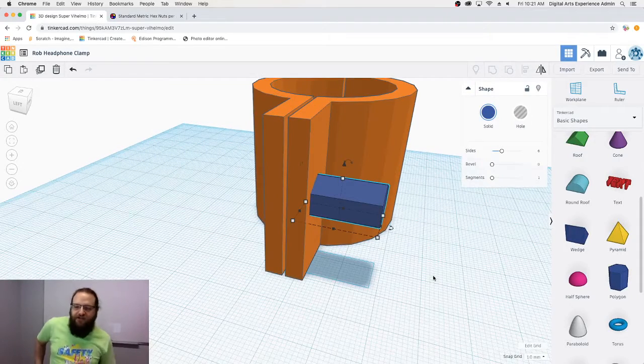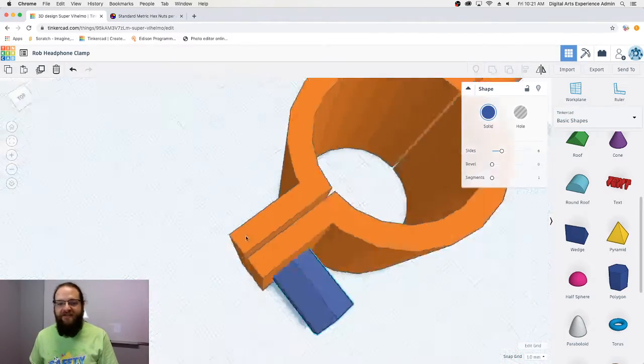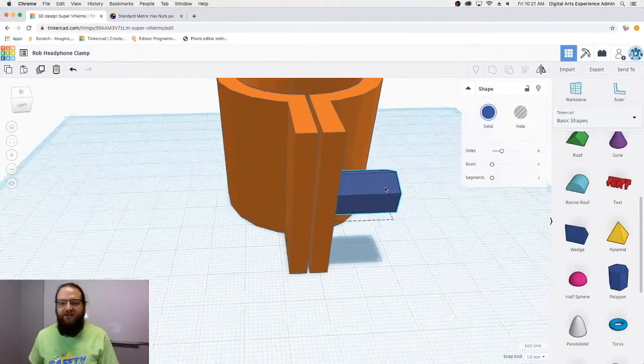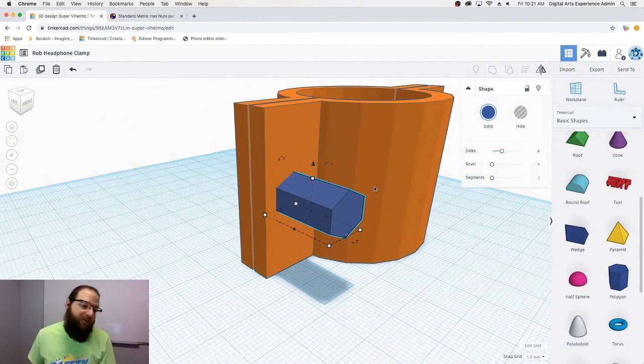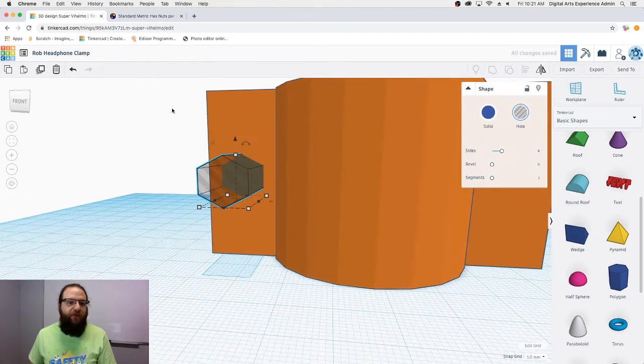I probably should have figured out what the depth of the nut was before I started modeling this, so that I could have made these wings thick enough to accommodate having the nut sit totally flush. But so be it. This is what happens when you don't go in with a proper plan, which is fine. And we'll 3D print this, and if it doesn't work, I can always go back and ungroup this and make the changes. So we're going to make this a hole, and before we group this, what we're going to do